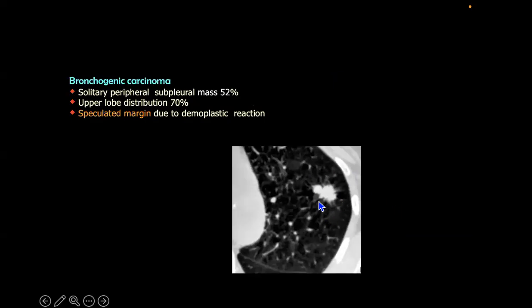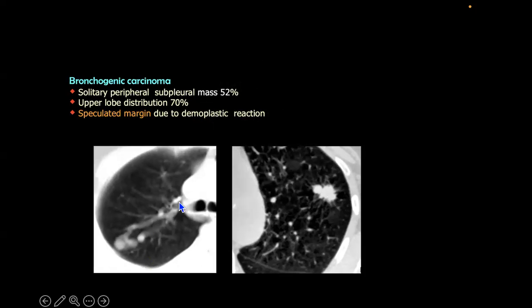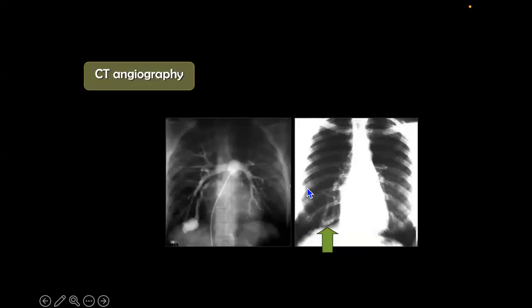Again, here we have another bronchogenic carcinoma. You have these spiculations. And here we have the vascular pedicle. So this is not a carcinoma. This is an AVM. AVMs are so many. So this is a pulmonary angiogram. We used to do this kind of test before the era of CT angiogram. Nowadays, no one is doing this to diagnose the AVM. We just do CT with contrast. We have an opacity here. We did the angiogram and it was an AVM.